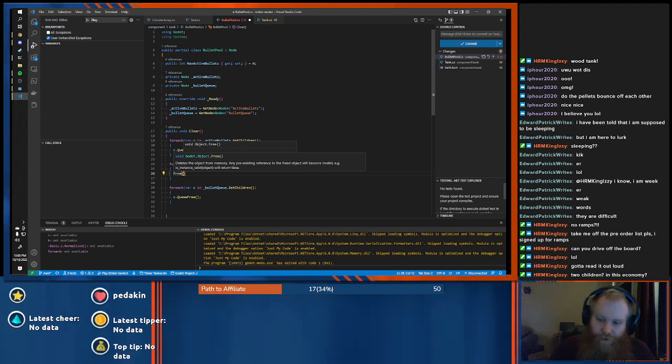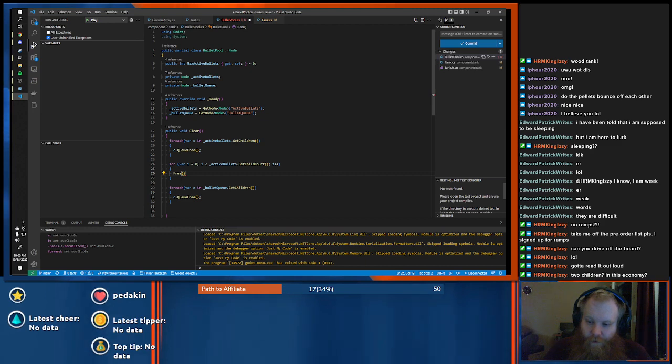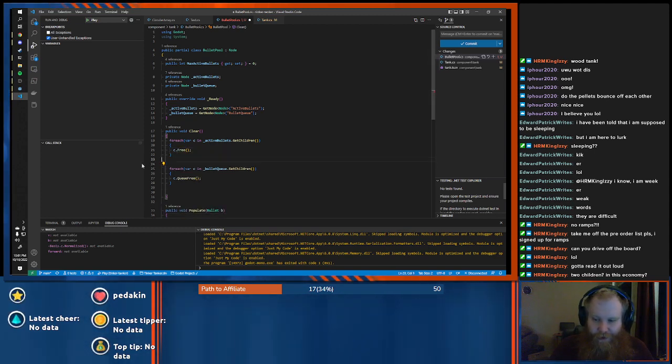So it's a Godot.object. I'm really worried about how this is going to work. This might... I'm thinking that this might actually work. Let's just do this and see what happens.